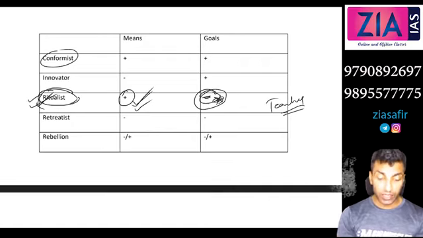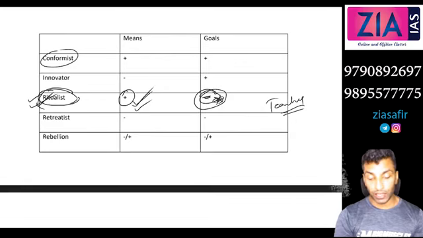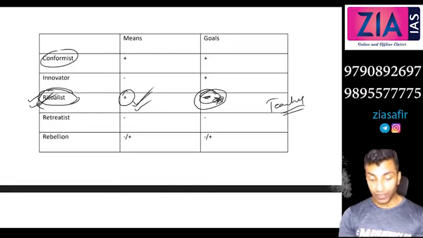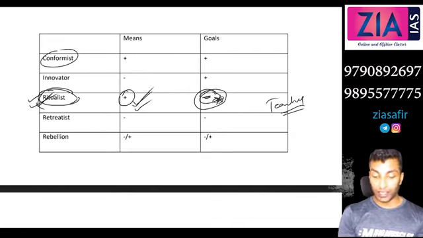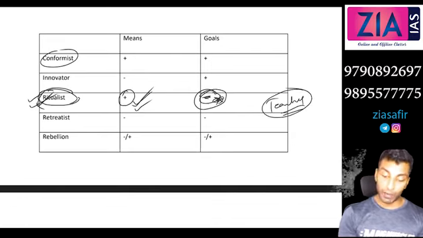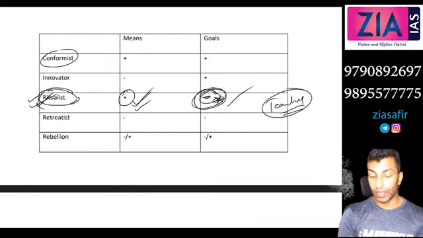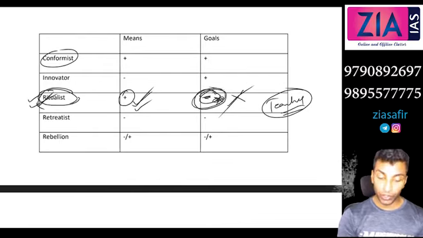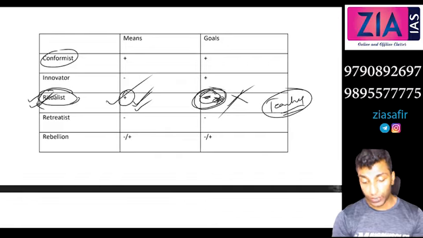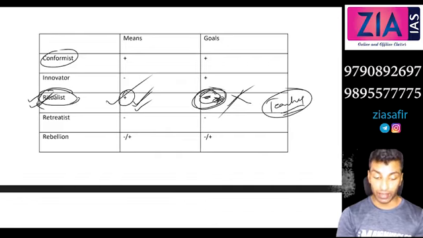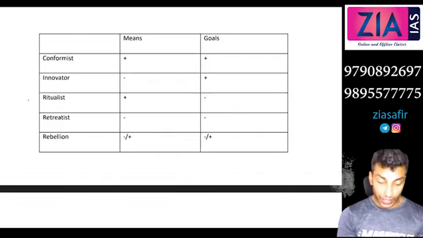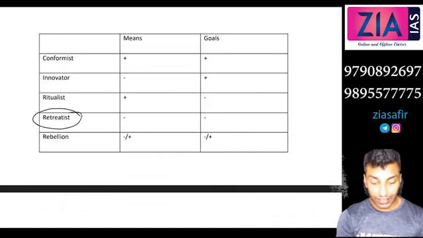Manifestly, I am not a ritualist because I am talking and you are listening to me. So there is no question of deviant activity here or an anomic situation here. But otherwise, if I am not able to know whether you are able to understand or not, because that is a goal, so there is a violation of goal. Even though you are following the means, you keep on teaching, students are not understanding, that is also a deviant act.